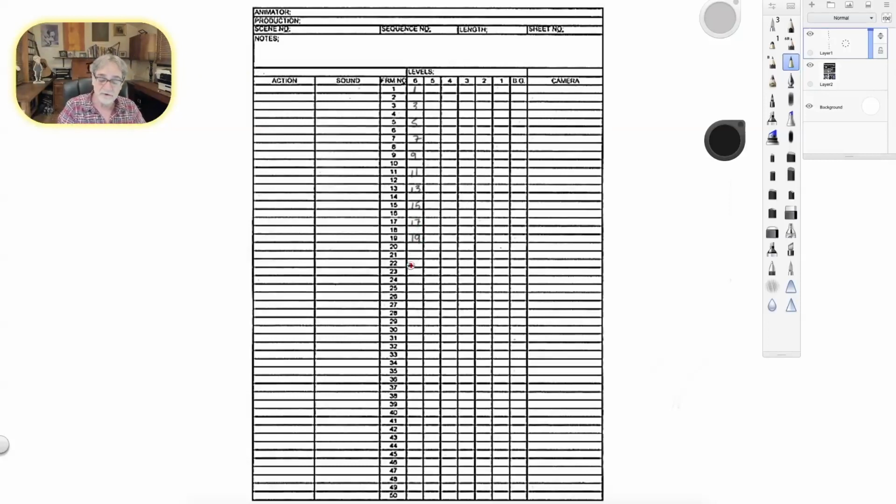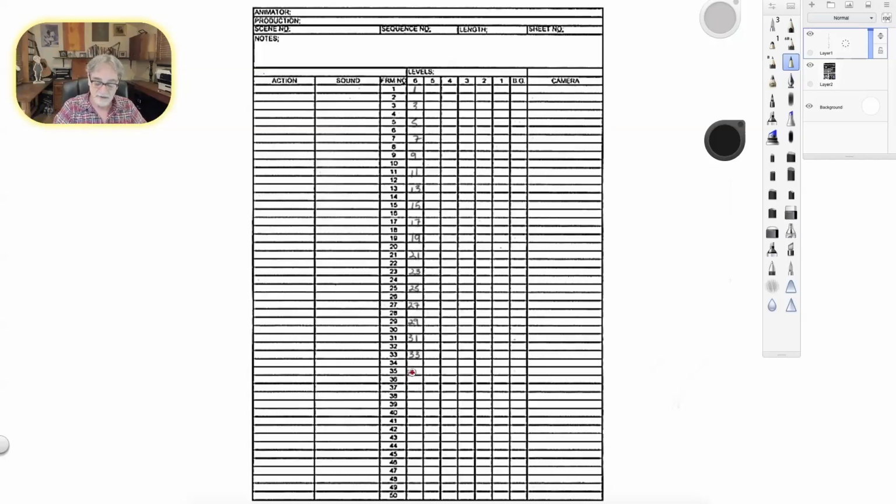I do this first, and I do them all on odd numbers because that is basically what we do. We try to think starting at frame number 1, which is right here, and we go through in odd numbers.